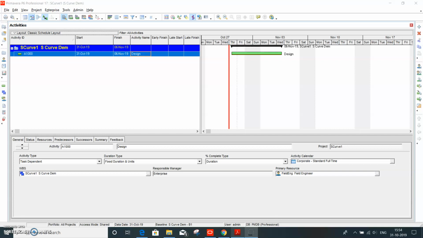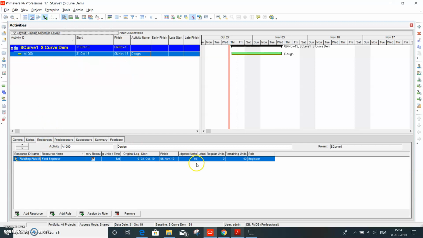So I just thought, again, that was a request, and it can be shown by taking a single activity, which is much easier to understand. So what I have done is I have created one activity, A100. If you look at it, I have assigned the resources and all.